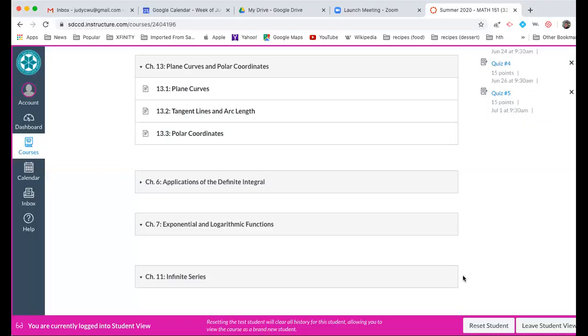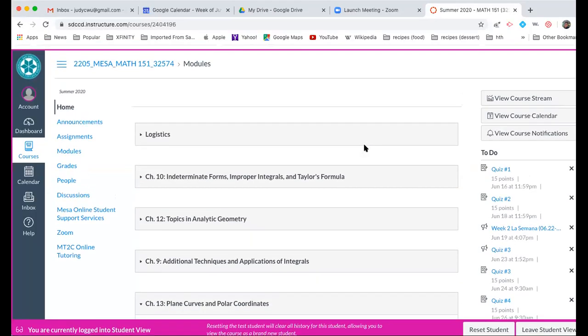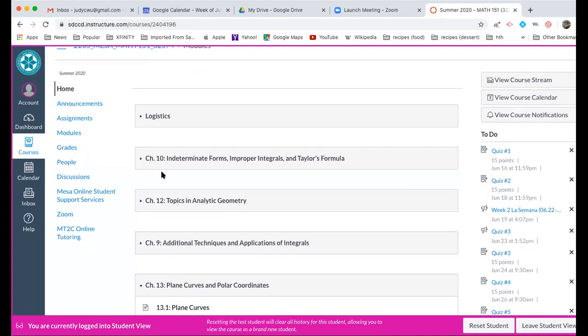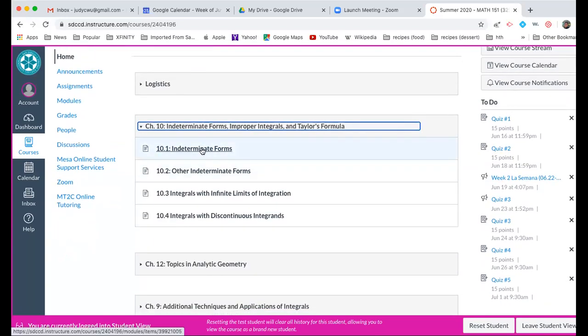I did want to just start by taking a look at Canvas today. So I'm going to go ahead and share my screen. Okay. So on Canvas, the logistics button is still in the same place, but for whatever the new sections are, I'm going to move them to the top. So for example, we're starting chapter 10 today. Exam 2 will cover chapters 10 and chapter 12. So I've moved both chapter 10 and 12 to the top. You should be able to see it in the same format that everything was for chapter 9.